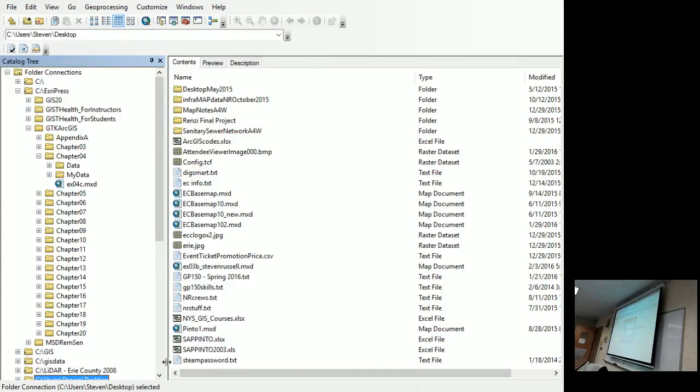Click desktop. I'll go through this connected and then connected again. Whoa. Okay. Maybe we won't use that one.